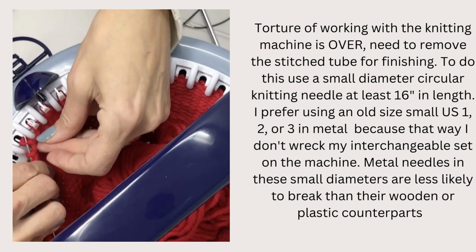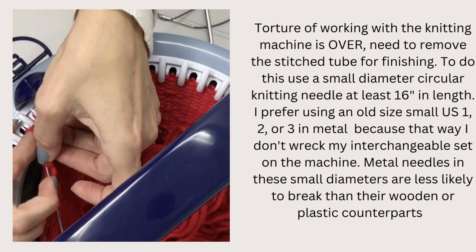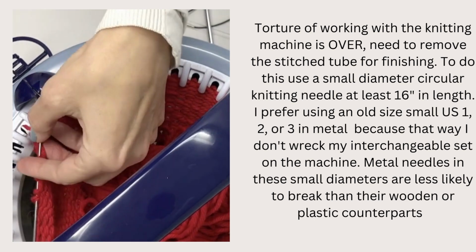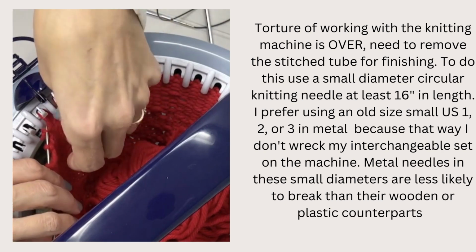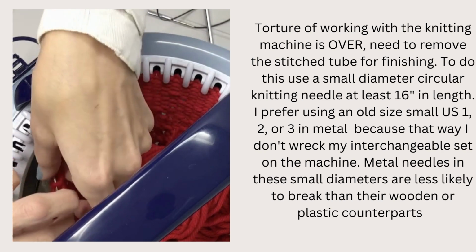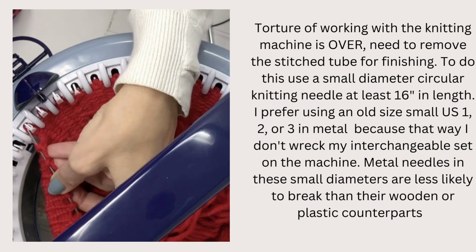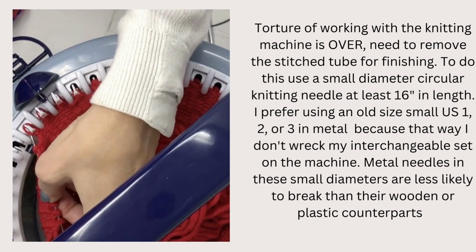I have tried using wooden knitting needles for this purpose. They do not work because you spend so much time manipulating them that you could break off the tip, you could break the actual needle in half, it may become separated from its cable, and I definitely wouldn't use my best Addi clicks on this